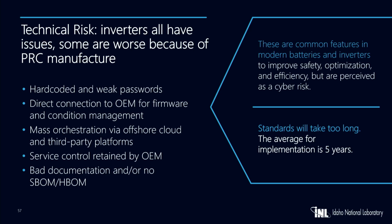So technical risk. Inverters all have issues. It doesn't matter where they're made. That's the power electronics, and generally all have some form of issue at the moment. They weren't necessarily designed to be secure to begin with. They were designed to be functional, not necessarily secure and functional. So they have some features in the original designs that are just not great, to do with things like hard-coded passwords, funnily enough, direction for firmware connections, mass orchestration, service control retained by OEM is an interesting one, meaning when